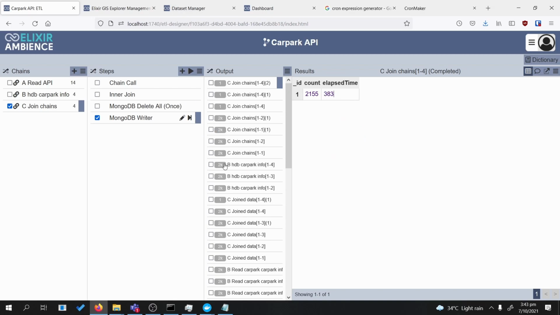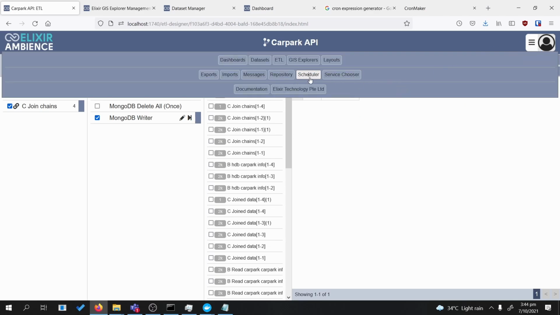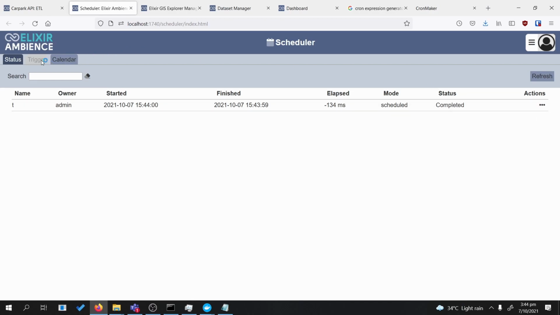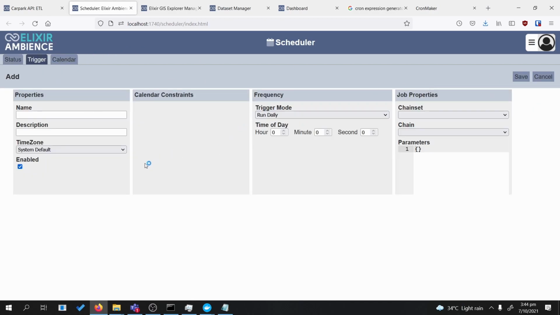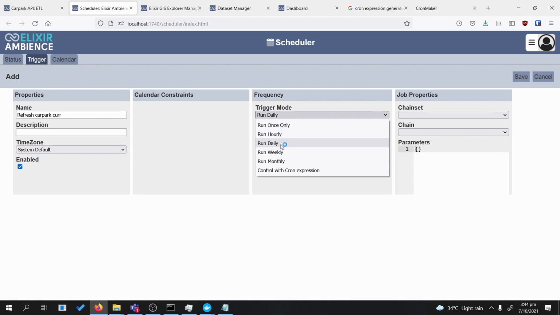Okay, so now that we are done with that, we will want to be able to automatically pull the API. So what we can do is we can head over to the scheduler module. Over here in the triggers we can press add, and here we just give it a name. So let's say refresh car park current. Remember in the trigger mode you can see that we can choose quite a few options. So run hourly is the lowest built-in interval we have, but if you want to do it on a per